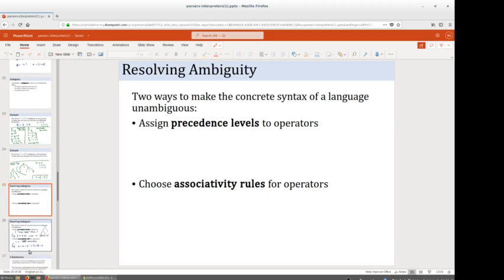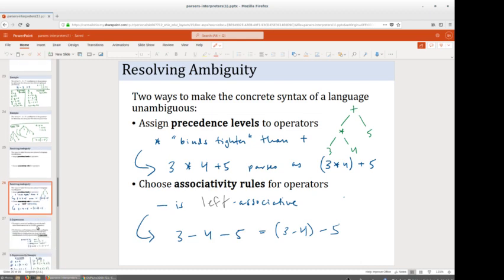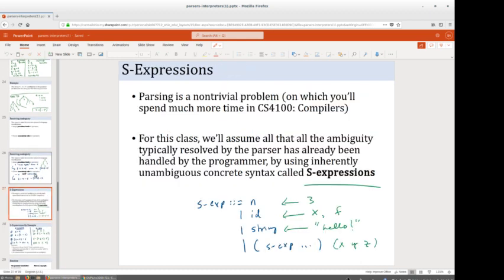The way to solve this issue is to come up with what you want: how do you want the precedence levels to be for the operators, and what will their associativity be? But then you still need to find a way to bake that into the grammar, right? And you'll be doing that in 4100, figuring out how to do that. But we're going to be skipping that and taking an easy route, because parsing is a complicated issue to get right. So we're going to sidestep all the difficulties